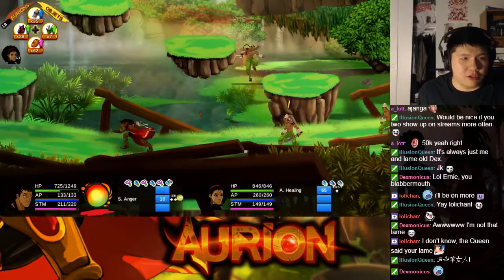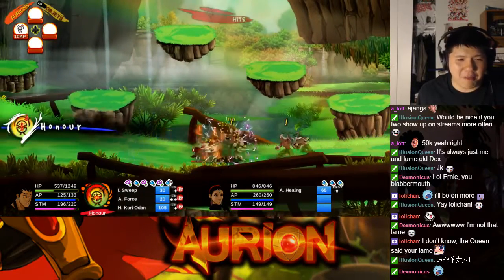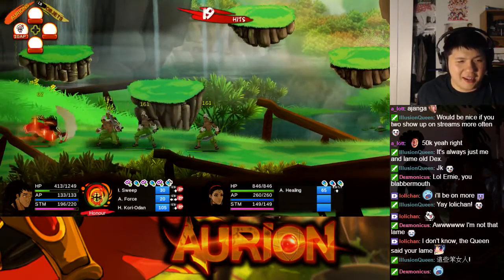Okay, I need to go into Aurion form. I do like the little spats you can have with your... That's pretty neat, actually. I kind of like that. The idea where, even during battle, you can have, like... They kind of give you a little bit of a...